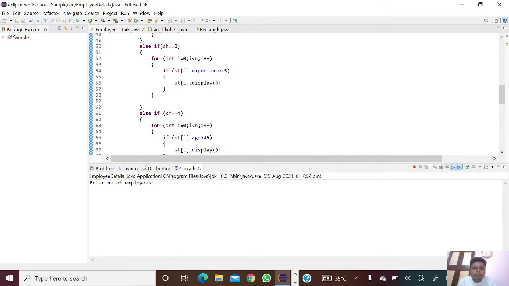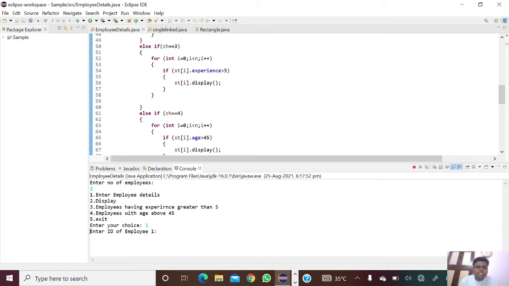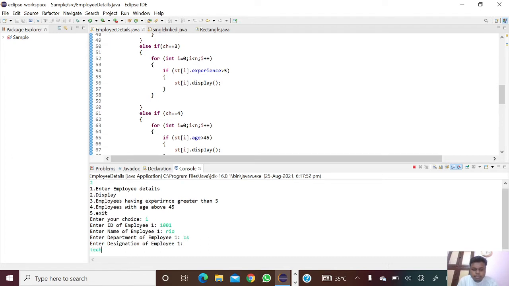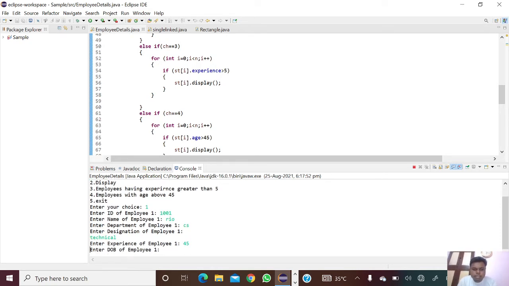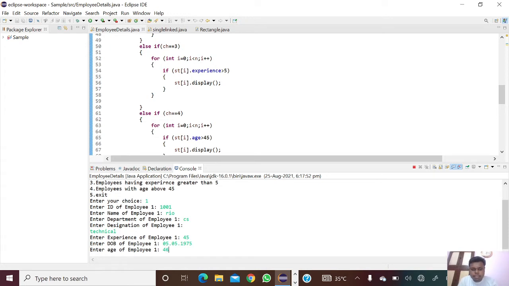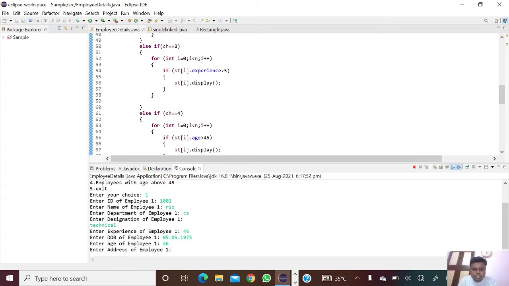Now it's asking to enter the number of employees. I'm going to give 2, and it's asking to enter the choice. I'm going to give 1. It's asking the ID of the employee. I'm going to give 1001, and the name is Rio, department is CS, designation is technical, experience is 45, DOB is 05/05/1975, age is 46, address is Chennai,